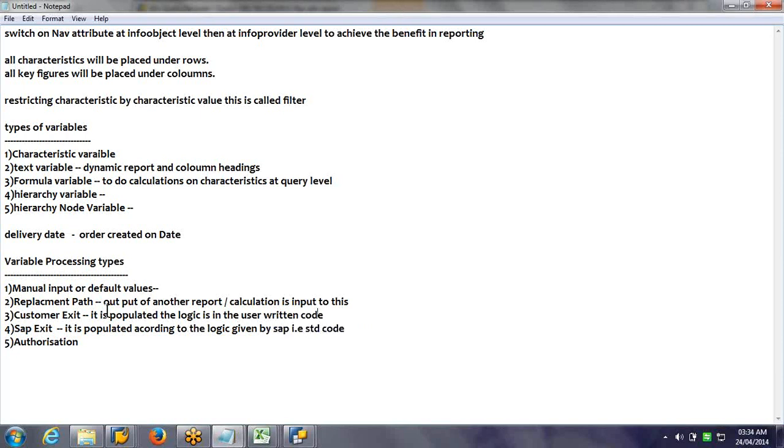That is standard code. Authorization is as per user roles. Okay, these are the variable processing types.